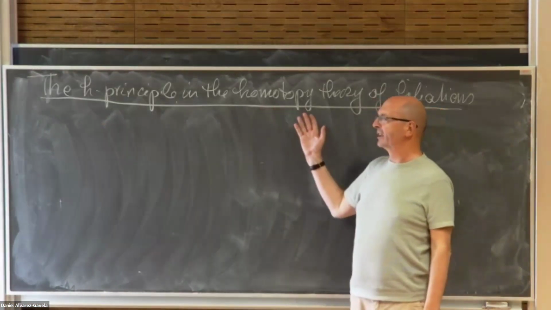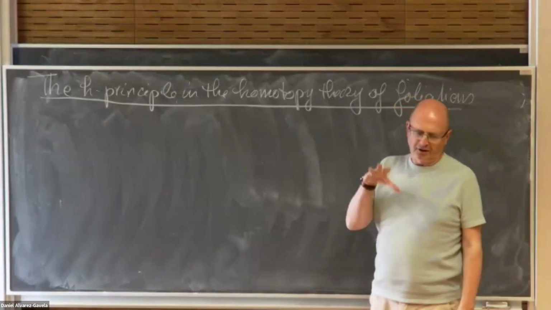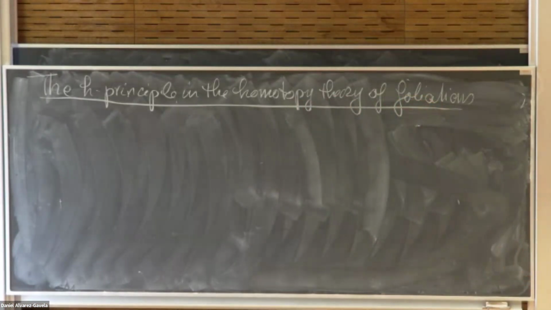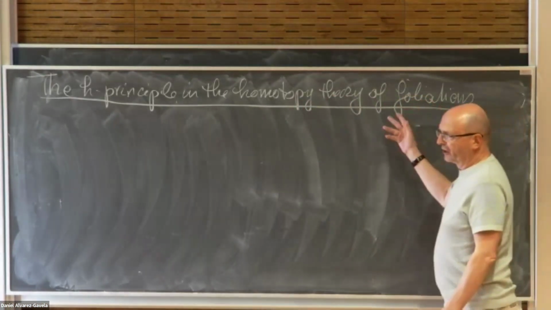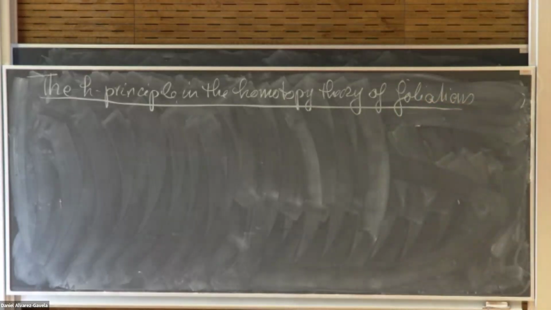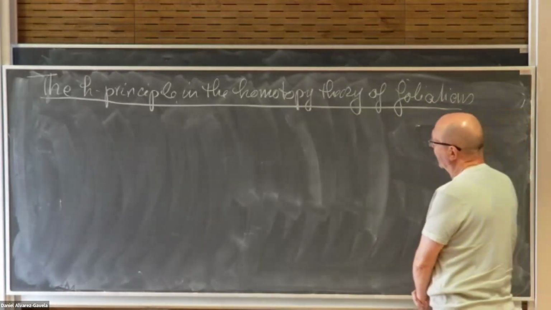Homotopy theory of foliations is a part of the theory that is concerned more with the existence of foliations and their classification up to concordance, not the geometric or dynamical study of foliations, but really concentrating on the existence. And it turns out that the h-principle is important at the same time as a spirit and as a provider of tools. We shall apply